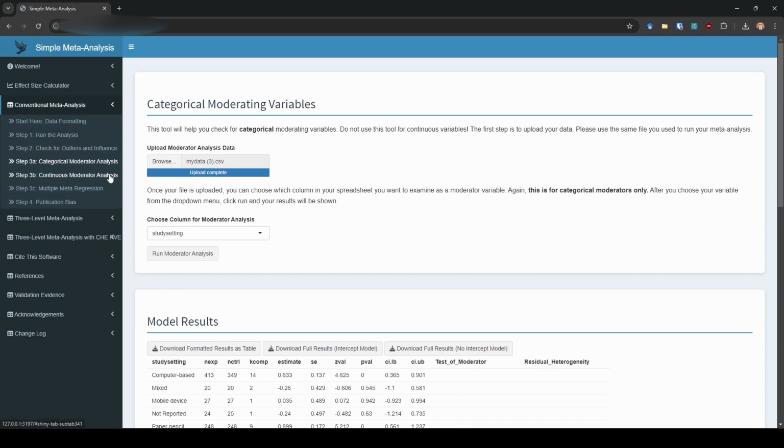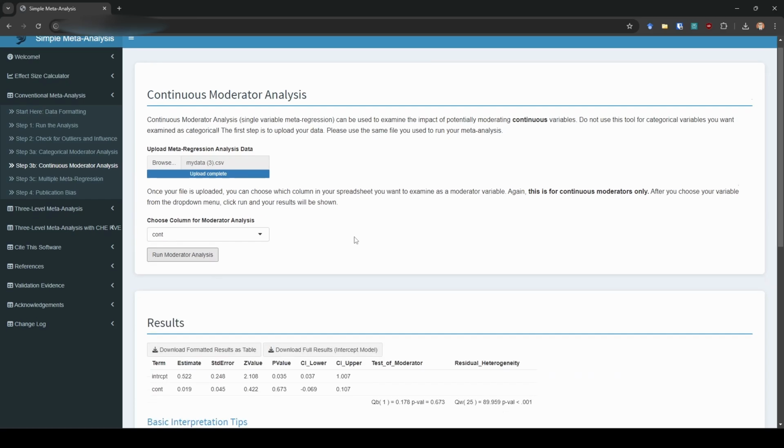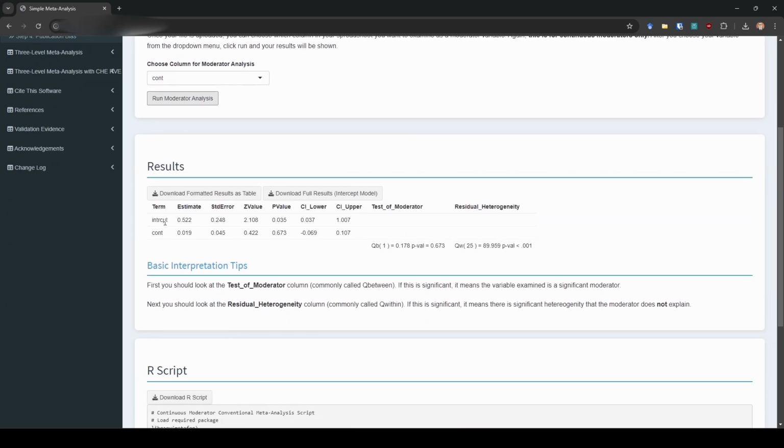Okay, so next we're going to go to our continuous moderator analysis or single variable meta-regression. Again, we're going to choose our same data set. I only actually have one variable in here that's continuous, which is this one labeled CONT. So I'm going to hit run, and you can see we get our result here with our intercept as well